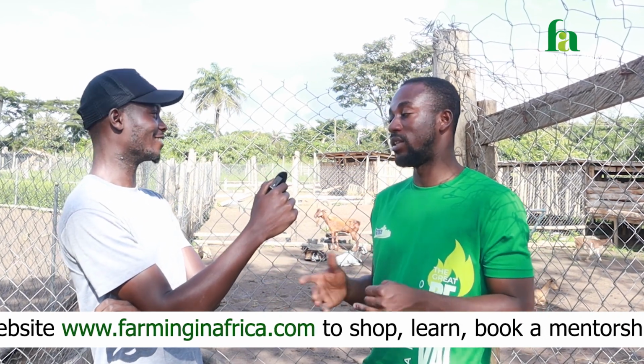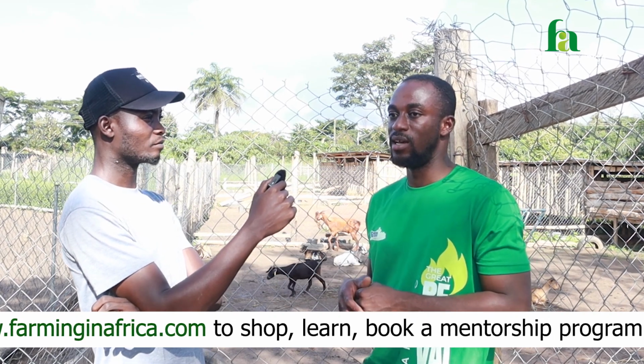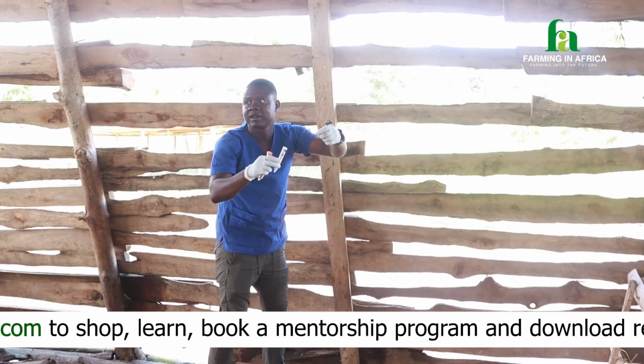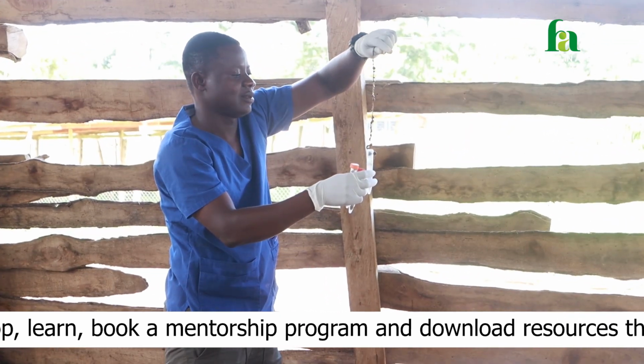A common scenario is how we can sleep in a mosquito-laden environment and not get really sick, but a white person comes in, and if nothing is done, they fall sick. So those are some of the issues that we find with these things. But I think with more involvement of the veterinary services, some of these things can be curtailed,